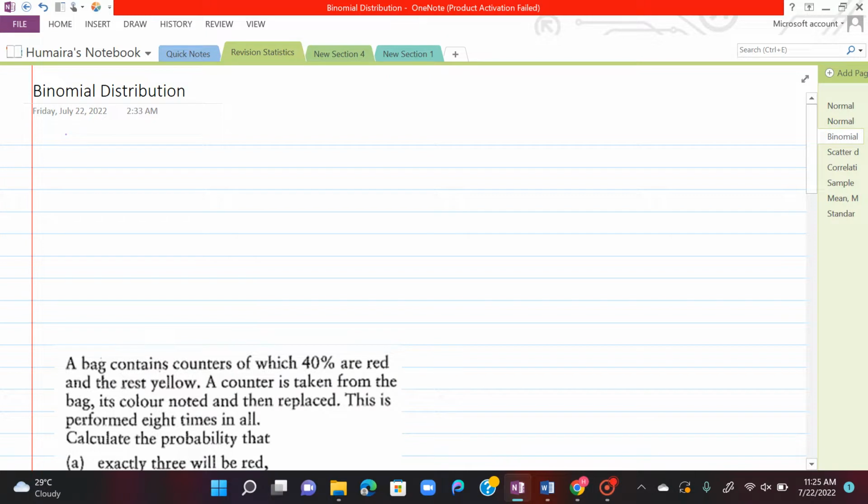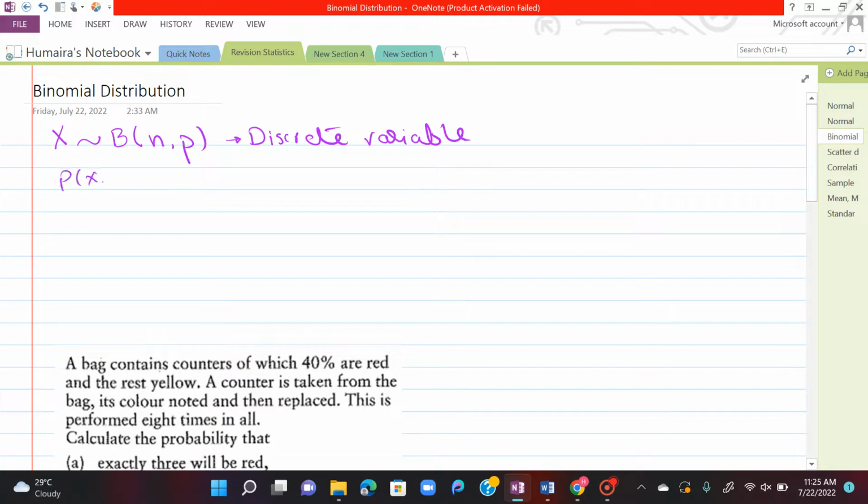First of all, you need to remember that any variable which is following a binomial distribution must have two parameters, n and p. What I mean by parameters is that you can solve any question if in the question you find these two pieces of information: the total number of trials and the probability of success. So whenever you see a question having a discrete variable in it, just try to find out where n is and where p is, and then the rest you can solve